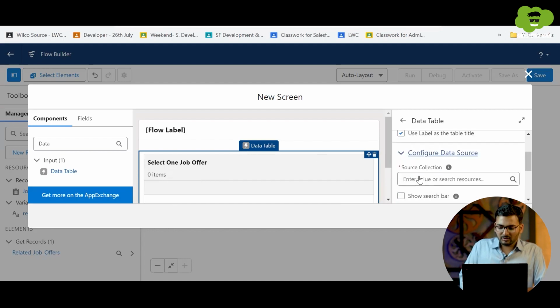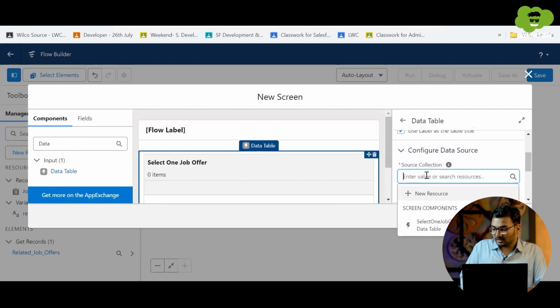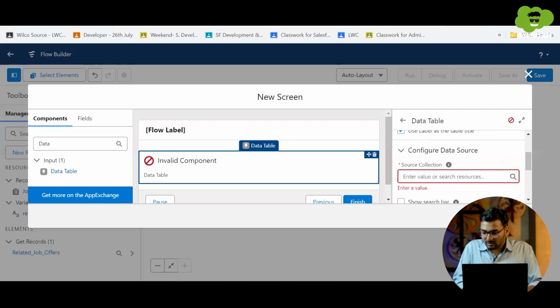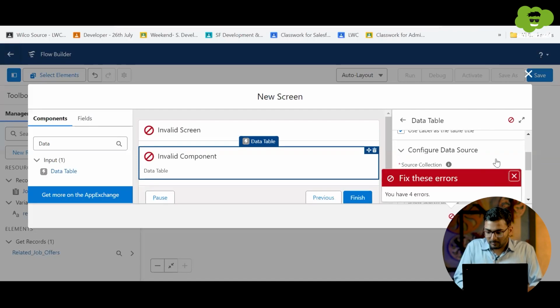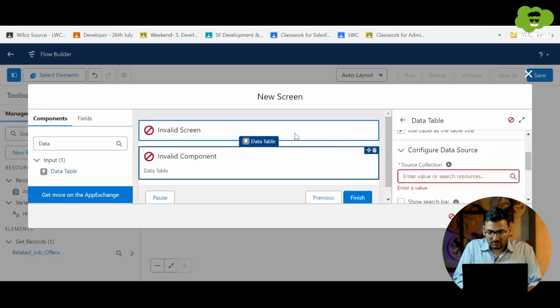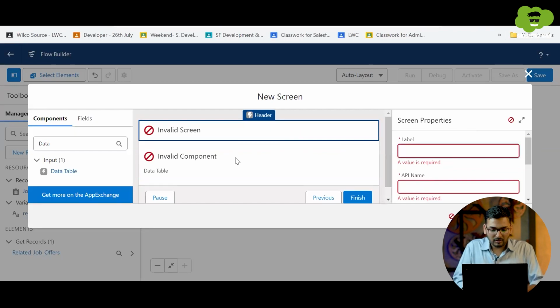I'm configuring the data source. I'm selecting here the collection source of data. This data table is going to show the job offer records which are there in the get element, right? It's not appearing because of a particular mistake which we had made. Let's resolve that. Before that,